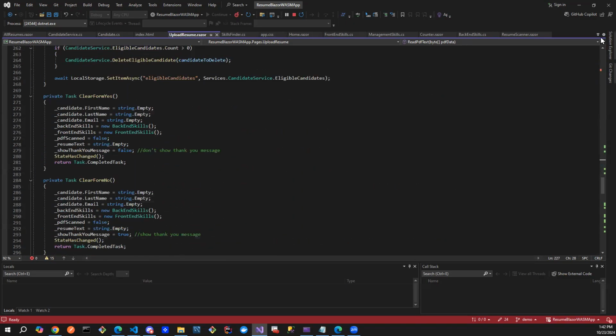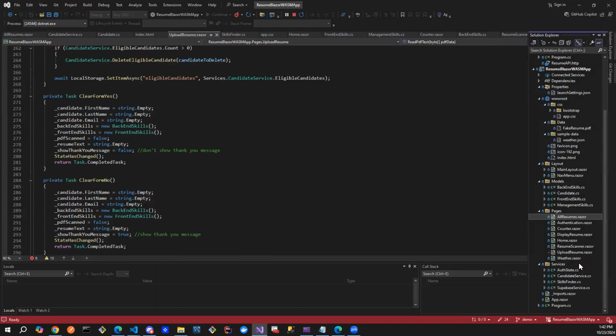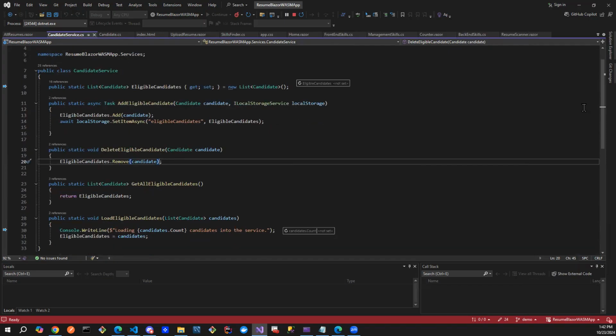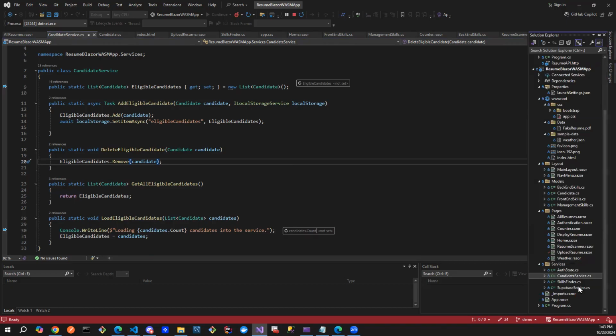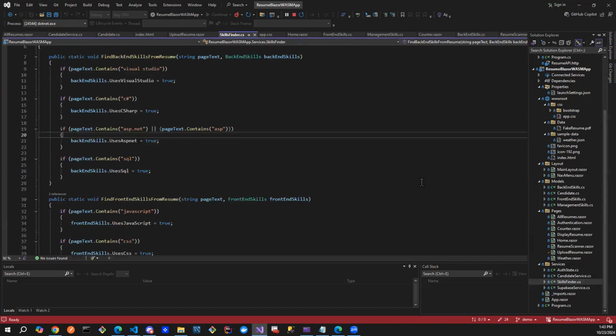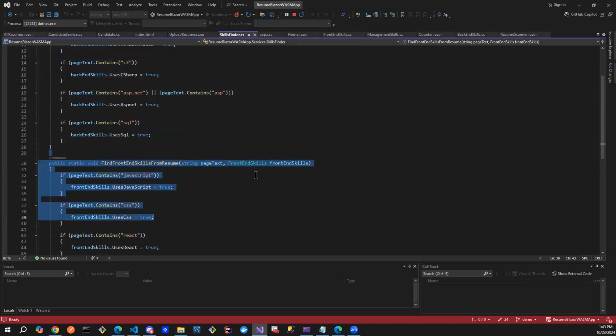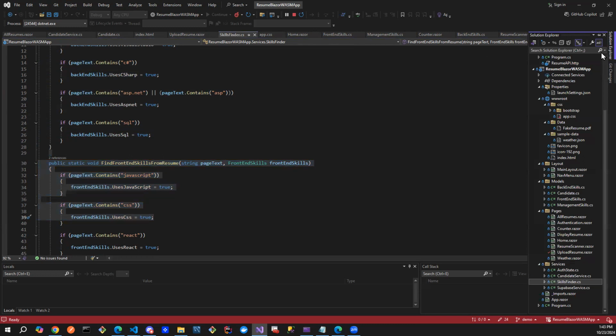So let me go ahead and just show you, I decoupled it a little bit. Here's my candidate service in order to have the full CRUD functionality to local storage. And then I have the skills finder in here, specifically looking for back-end skills and front-end skills. And then let's go ahead and go to the